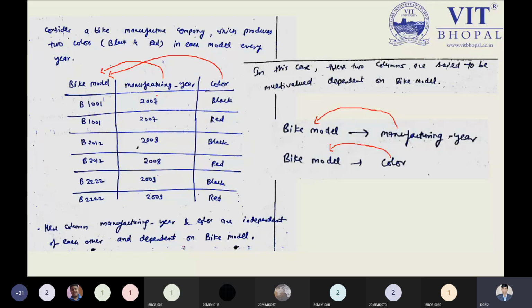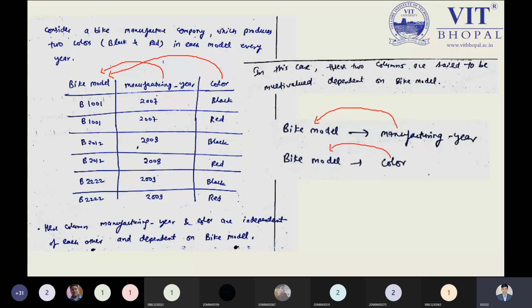If you have visited any showroom, then the salesman will tell you that we have only four different colors. The company is manufacturing the Activa 5G only in these colors. So colors can depend on the bike model. Understand my words. Colors depend on the bike model. That is the point. Now manufacturing year, in which year was this Activa 5G manufactured? In which year was Activa 4G manufactured? That is the point you have to keep in mind.